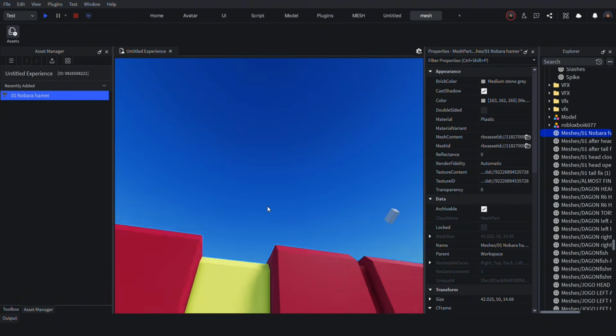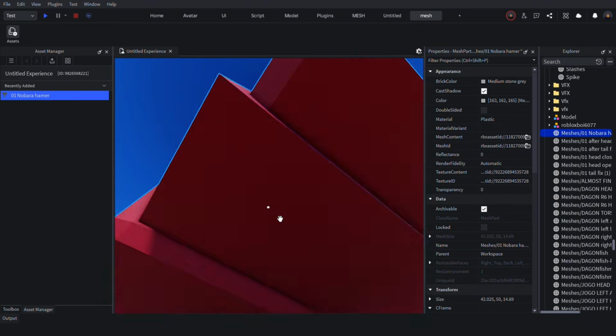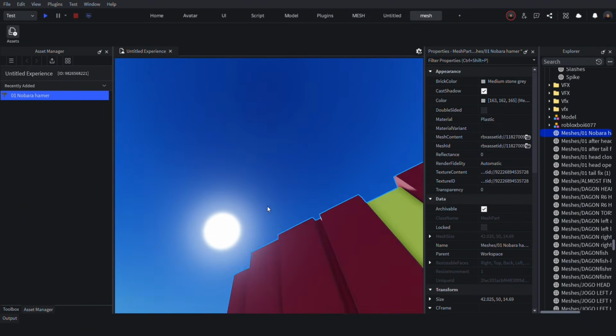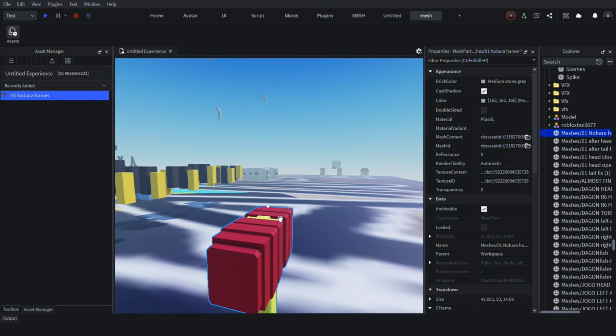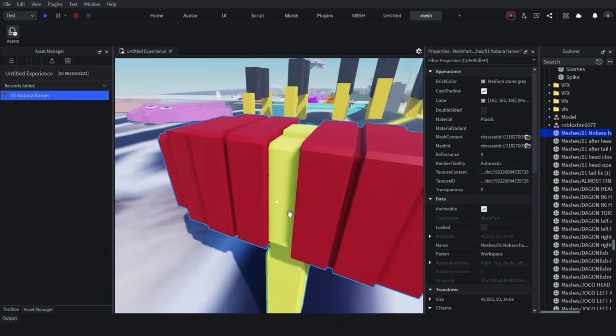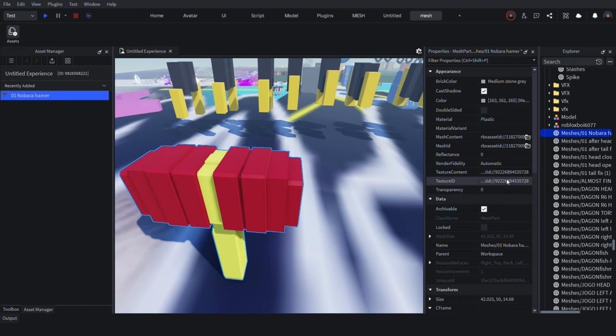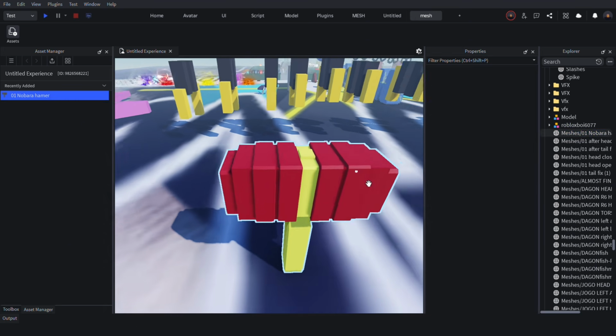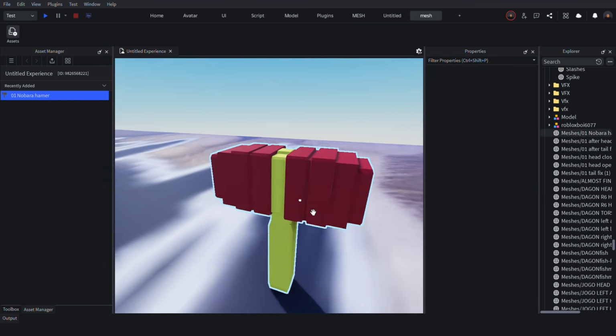And we can see it in game. We look for any errors, any clipping. Nope. Look under here. Nope. And all is good and such and such. Huh? I thought it was okay. It's just shadow. So when you click it, you'll get your texture ID, which is right here, and you'll get your mesh ID, which is right here,